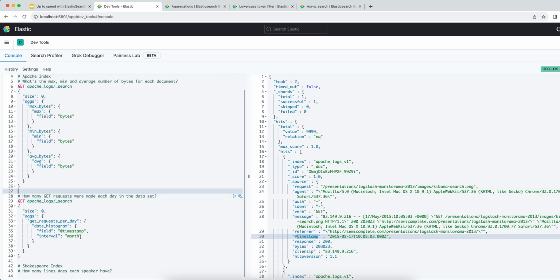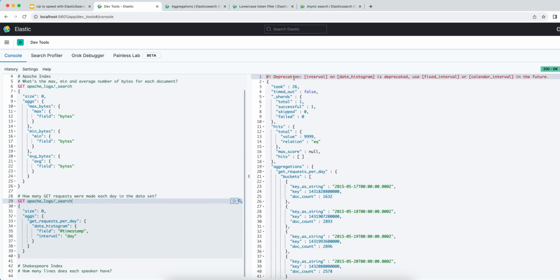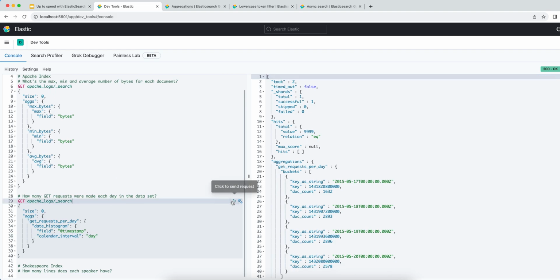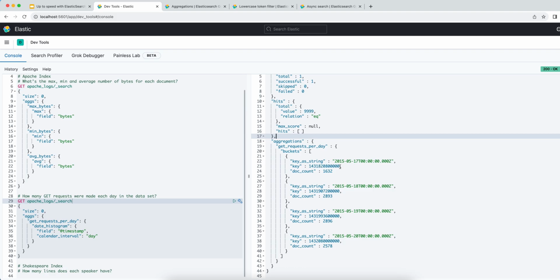And the interval is going to be a day. Now, Elastic is going to complain because interval is a deprecated field, but let's just run it. And it's telling us to use either fixed interval or calendar interval. So we're going to use calendar interval here, just to make Elastic happy. Cool. And we're getting back